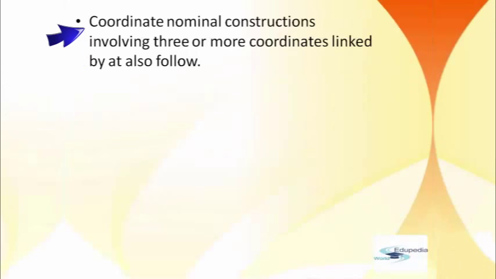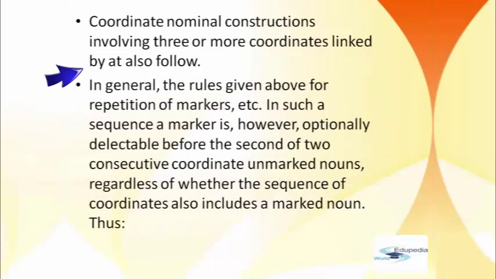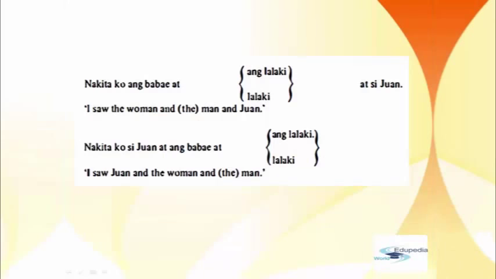Coordinate nominal constructions involving three or more coordinates linked by and also follow, in general, the rules given above for repetition of markers. In such a sequence, however, the marker is optionally deletable before the second of two consecutive coordinate unmarked nouns, regardless of whether the sequence of coordinates also includes a marked noun. For example,